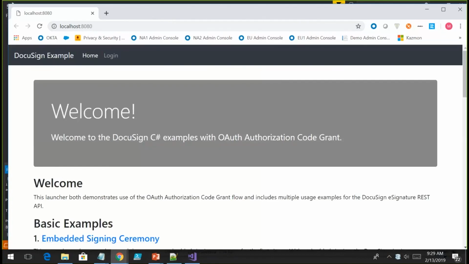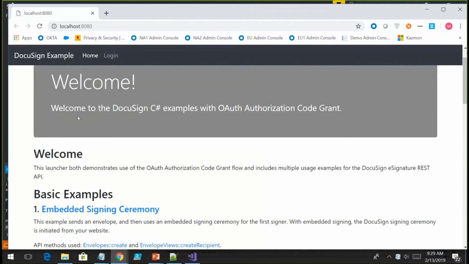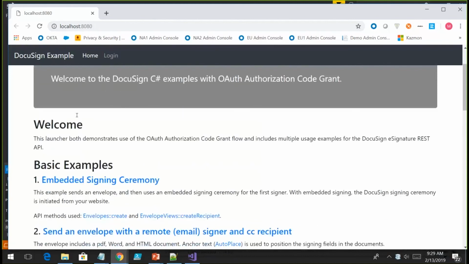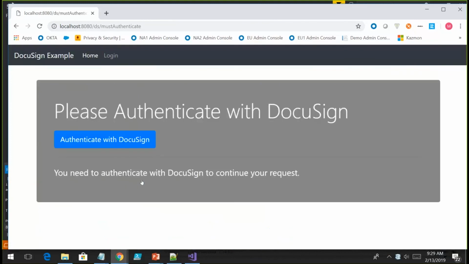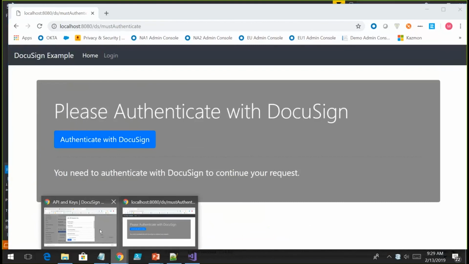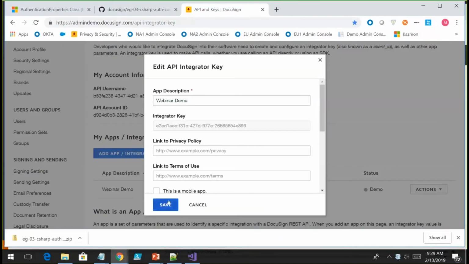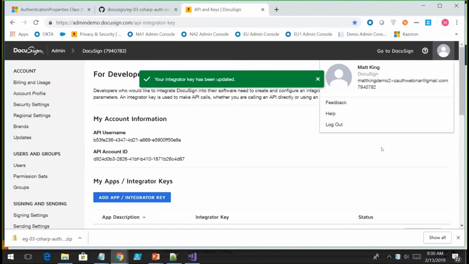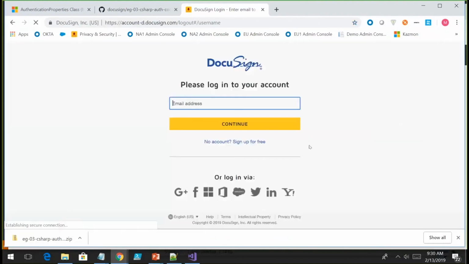So the application we're running here is one that's publicly available in all of our primary languages. We refer to it as a launcher, which is a pre-made application that has several common use cases in it. For these purposes, this launcher does use an authorization code grant, and as soon as you engage any of these, it's going to go ahead and kick off the process. So we'll go ahead and, just for demonstration purposes, we'll go ahead and log out here so I can show you specifically what will happen in a new session.